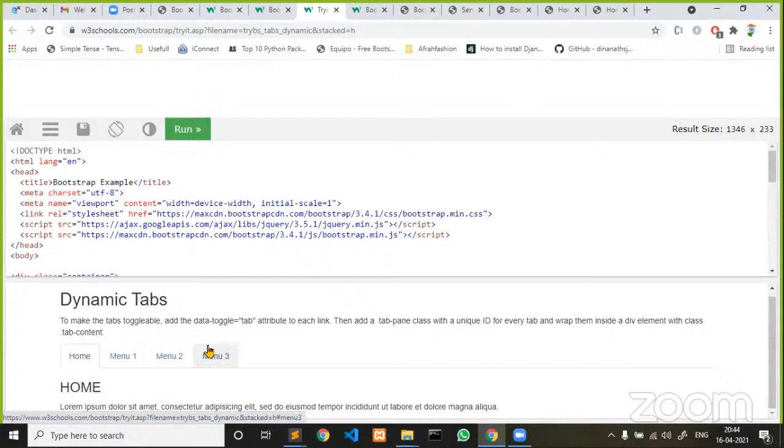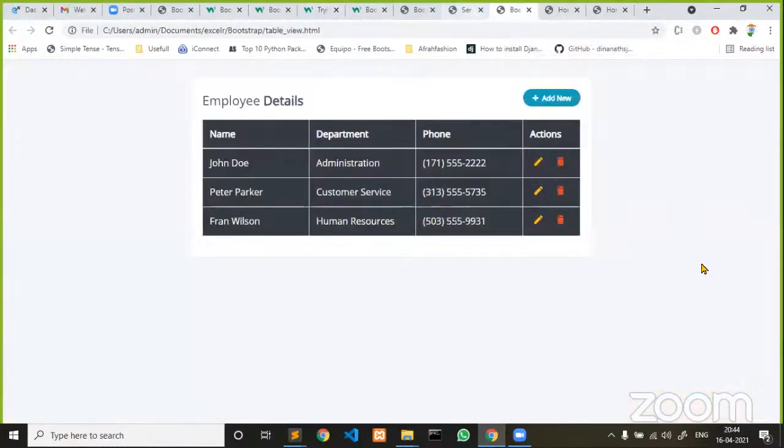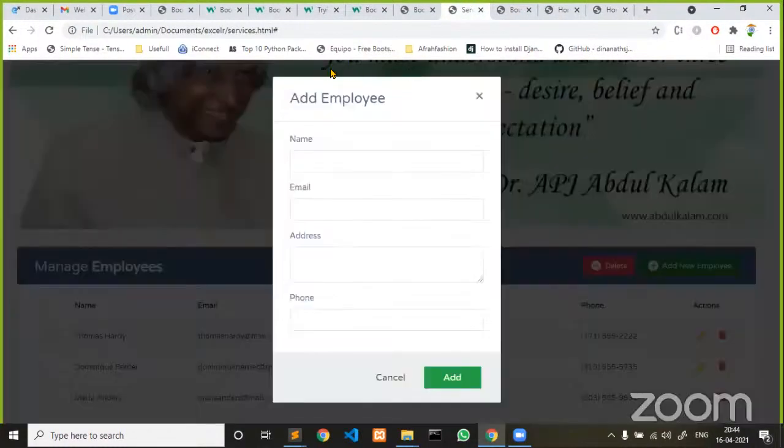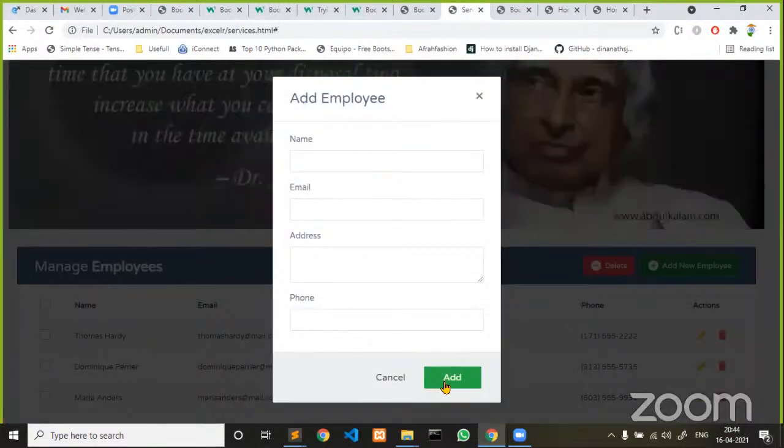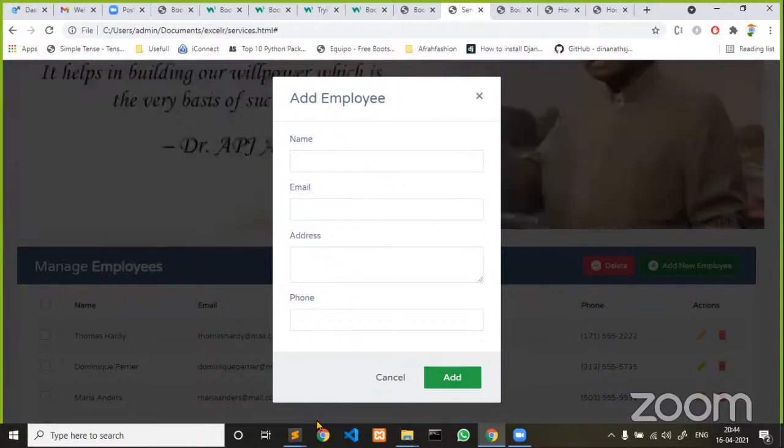Yes, please explain data target. Guys, let me talk about the data target attribute. For example, under services, on click, I want to open this division in a modal pop-up.